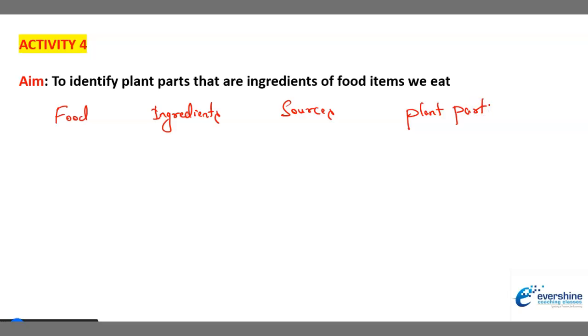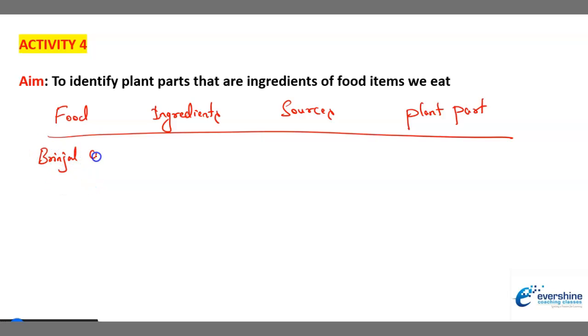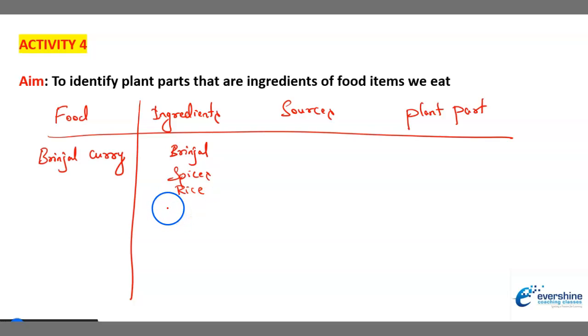Is this clear? Now I will give you the food names. I will tell you one, rest of the things you have to do, children. Let me see how much you will collect the information. Like brinjal curry. I am making brinjal curry. So what ingredients are required, children? We want brinjal, yes or no? We want spices. Rice is not required for brinjal curry. So we want brinjal and spices.